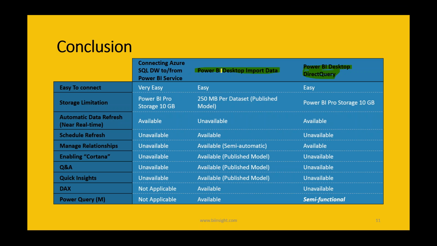With the import data scenario, you can use DAX functionalities, and you can use Power Query and M. It is really good that you can create relationships in direct query mode in Power BI Desktop, and you can use some functionalities of Power Query and M, but it is semi-functional.